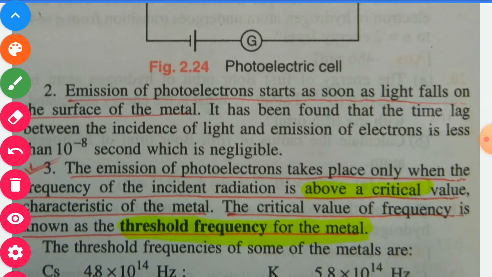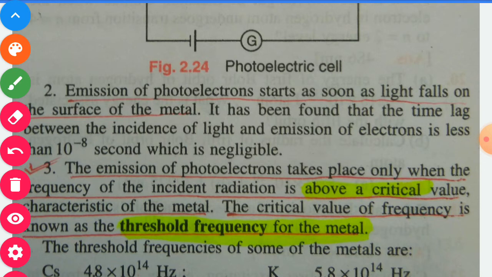Emission of photoelectrons starts as soon as light falls on the surface of the metal. The emission of photoelectrons takes place only when the frequency of incident radiation is above a critical value, which is a characteristic of the metal. The critical value of frequency is known as the threshold frequency. So we may define the threshold frequency as